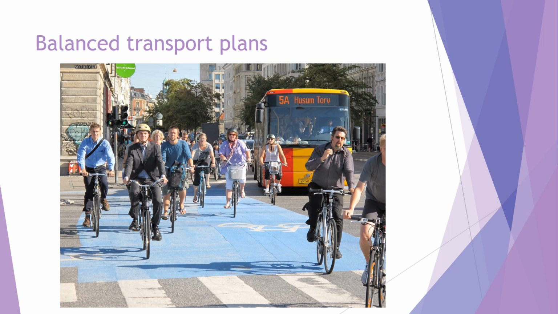Essentially, this came about through substantial deliberate investment in public transport. So as well as catering for an increasing number of motorists, because the dominant mode share in these places is often still cars, even though we think of somewhere like Copenhagen as being paradise for people who want to get around without a car. There's still a lot of car use in these places. It's just that the mode share around public transport, around biking, around walking is much, much higher than other places. And this has been quite deliberately planned.